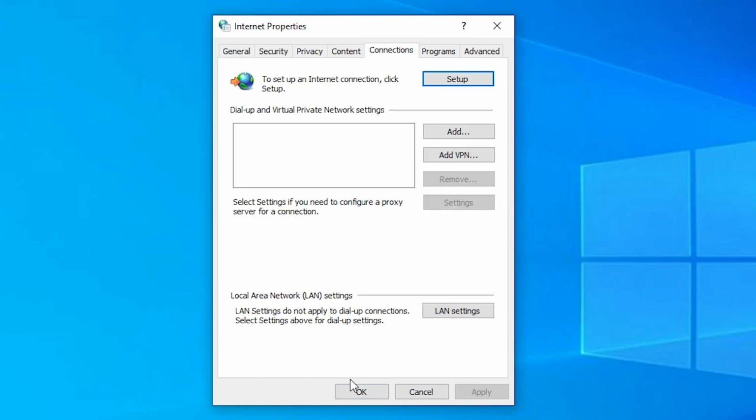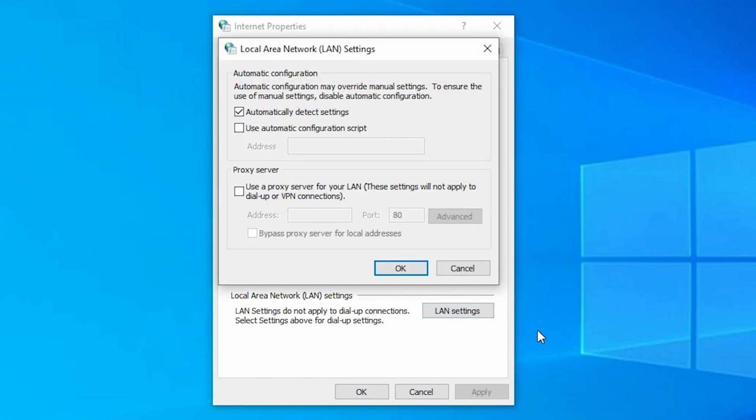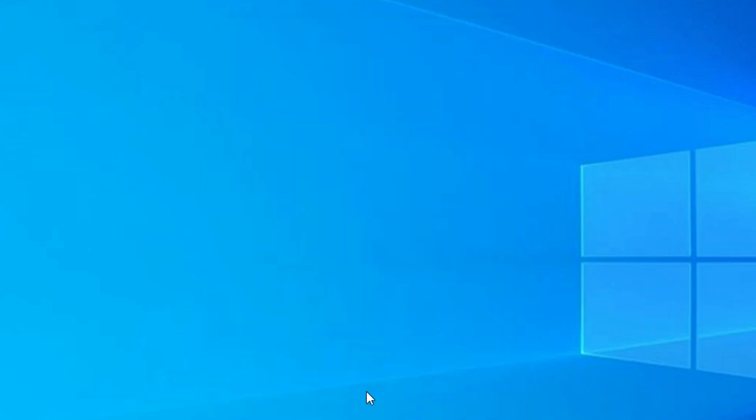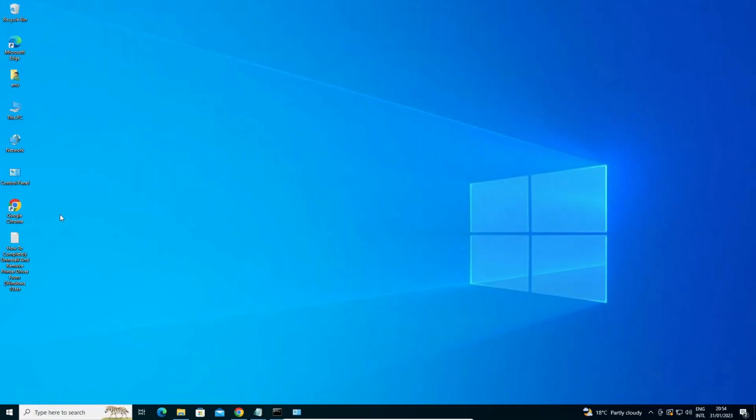In connections we just go to the LAN settings. In LAN settings, it is like this, automatically detect settings, and if it's not like this, then select automatically detect settings. It is for our proxy. If any proxy is activated on this, then it is automatically disabled. Okay, automatically detect settings. Okay, now just click on okay. Now just restart our machine, and after restart our slow downloading speed issue is completely gone from our Windows 10